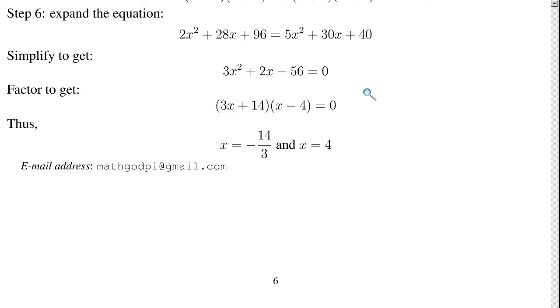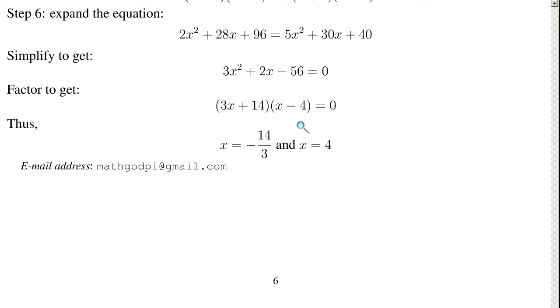So at the high school level, this is about the most difficult type of example for factoring that you'll ever get. And in this example, what it turns out to be, and I'll do more advanced factoring examples where I get into more detail in another video, but for right now, we're just going to acknowledge that this 3x squared plus 2x minus 56 factors to (3x plus 14) times (x minus 4). And when in doubt, you can always